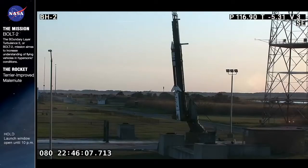Again, we're flying a Terrier-Improved Malemute. This is a suborbital sounding rocket. It is a solid fuel rocket, so it's very fast. It gets off the rail in 0.5 seconds. At that point, you'll see on the video, you'll see what we call...